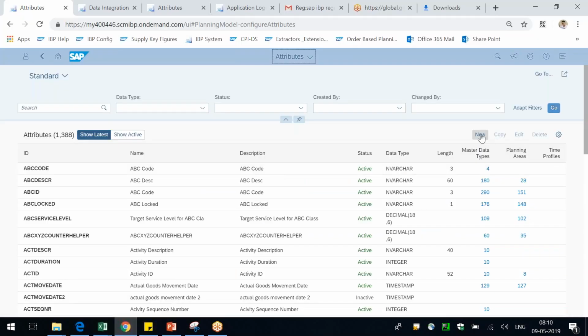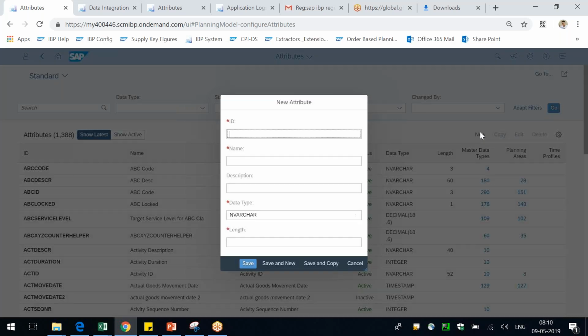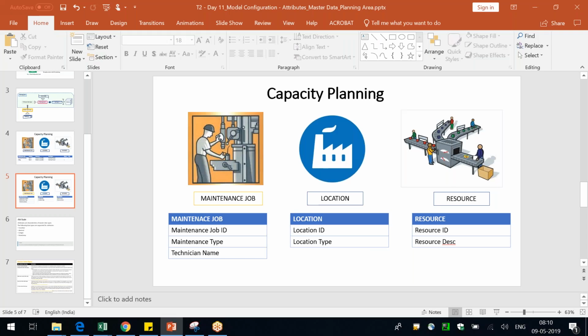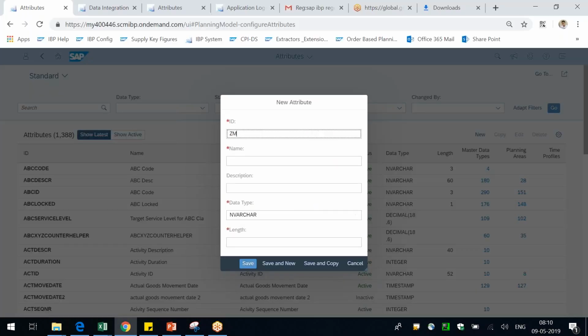Click on new. See this? A small pop-up comes in. Creation of an attribute is a simple thing. So I follow a naming convention. I follow with the Z, saying, so it is saying there were no alphanumeric characters, so technical IDs always have to be,